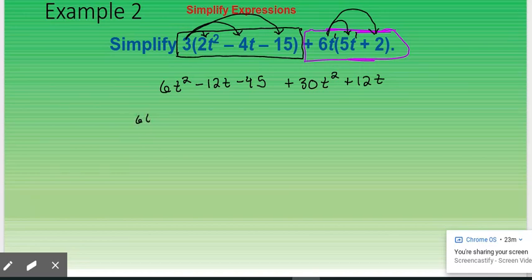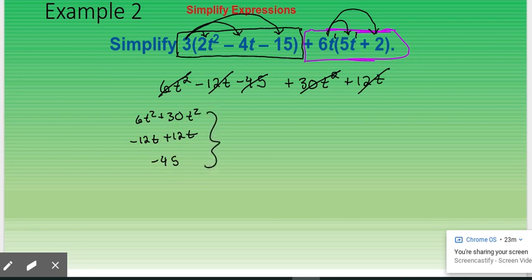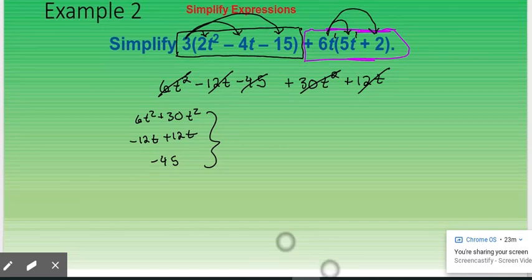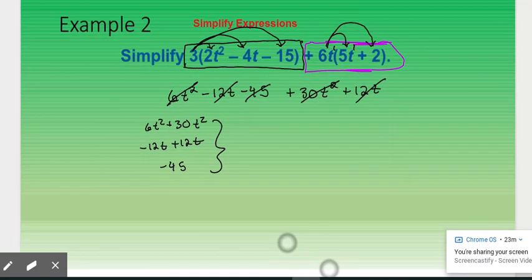I have my t squareds I'm going to add up. So 6t squared plus 30t squared. I have my t's I'm going to add up. So I got negative 12t plus 12t. And then I have my negative 45. Okay, let's go ahead and add these up. 6t squared plus 30t squared. Remember, we're adding. You don't mess with exponents when you add. That's going to be,